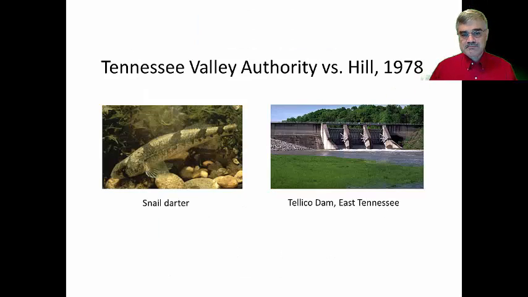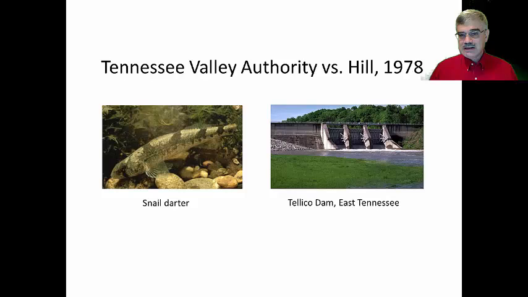Consider an example. The snail darter versus the Tennessee Valley Authority. Back in 1978, a law was passed, the Endangered Species Act, and at the same time, the Tennessee Valley Authority was building a dam on one of the rivers in East Tennessee. But lo and behold, there was a small fish, just a couple of inches long, the snail darter, found in